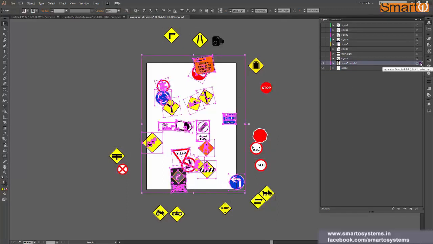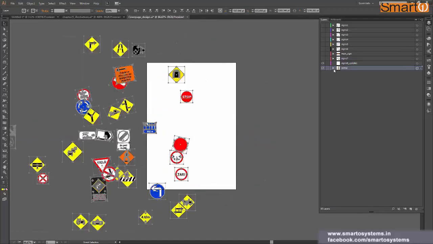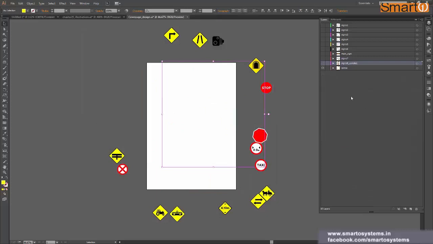So when I click on this very small box and drag it on this extras layer, immediately first of all this icon or this thumbnail has total white color in it. And all my selected shapes' color got changed from magenta to gray. That means I have all those shapes in my extras layer. So when I click on this circle now in the extras layer, all these shapes are selected. So that means I have shifted all my shapes from one layer to another. So that icon actually you can use to move all your shapes around from one layer to another.